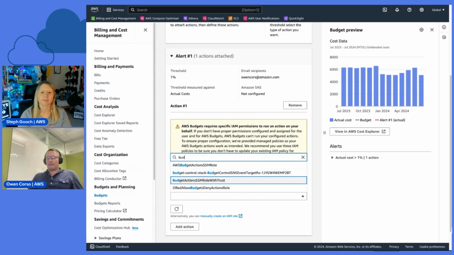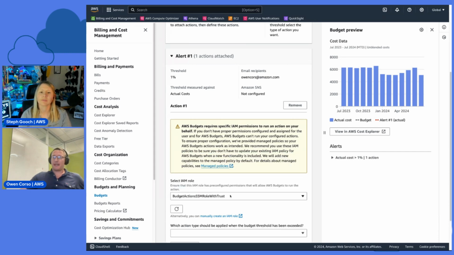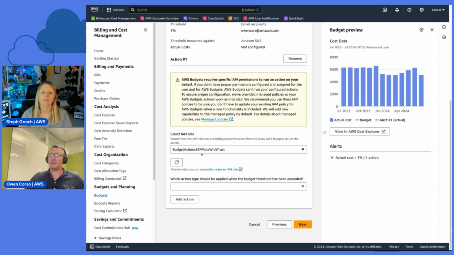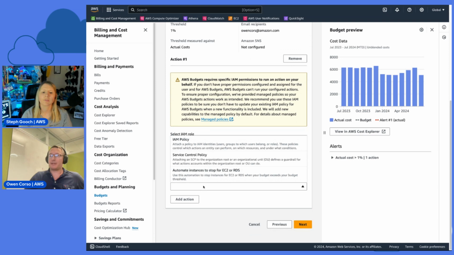Right. Okay. So this role that I have selected, AWS Budget Actions SSM role with Trust, is using a managed policy. We created a managed policy for this purpose so that you could easily configure your budget actions. But let's talk about the 3 types of actions.